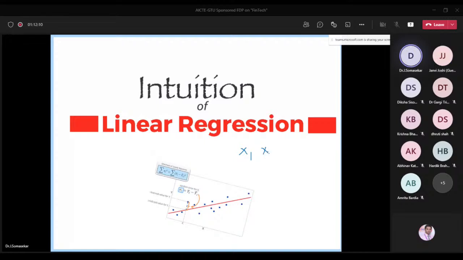No, let us assume your data looks like this: x1, x2, x3, and y. Am I right, madam? But the variable is the same. One time we are taking the square of that variable, and another time I am keeping the absolute of that value. No, but here the dependent variable should always be one, madam. This is called the response variable or target variable. It should always be one.